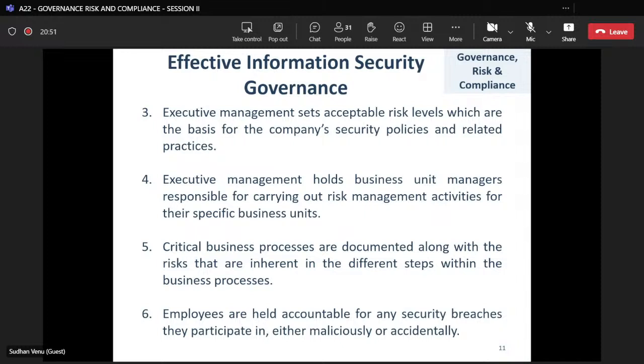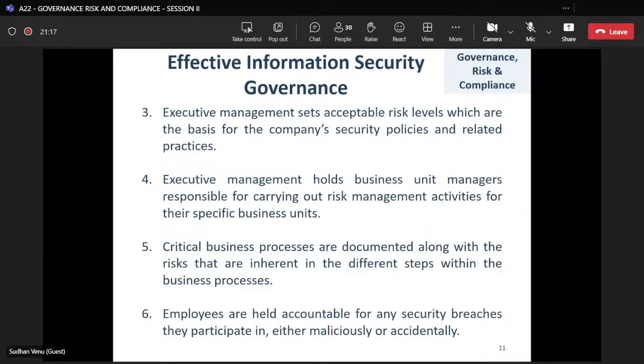And the critical business process should be documented along with the risks that are inherent in the different steps within the business process. So if any critical business process happens, you should document it, because it will be helpful in the future, and it should be inherited in terms of the risk, how we are going to reduce those risks in terms of information security